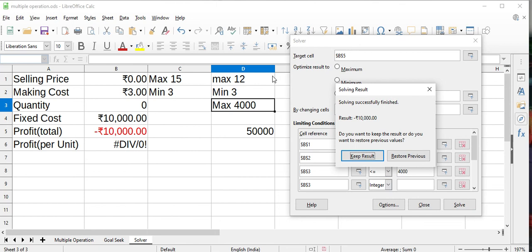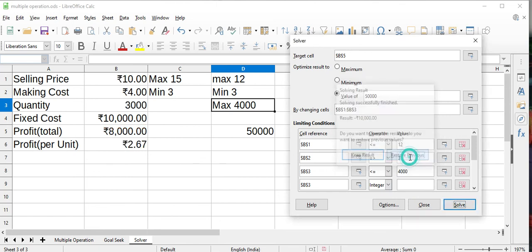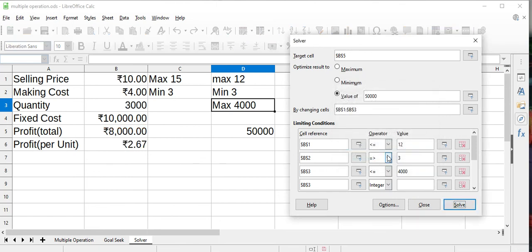You will see some problem is coming, and I'm getting a minus 10,000 rupees loss. So maybe here in some minimum or maximum we have done some wrong changes, wrong calculation. So we will just restore previous and do some changes here.